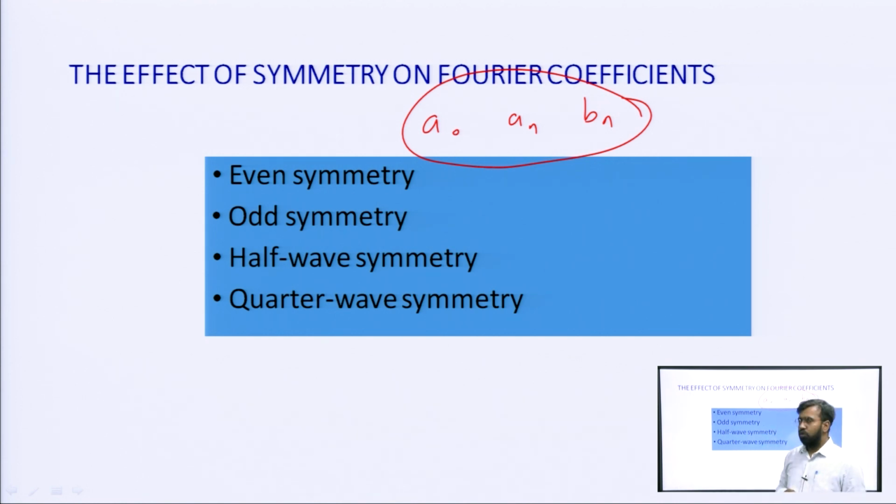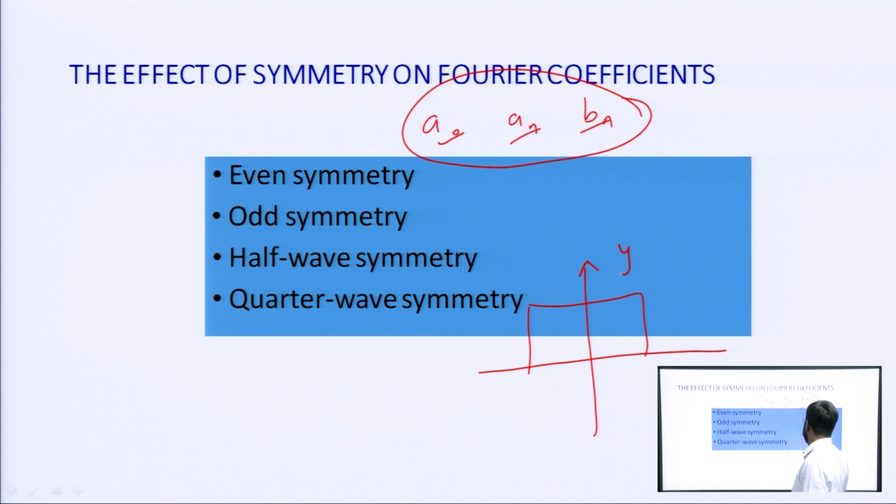So, we have some tools, or shortcuts, or observations, that if we are able to find them in that function, we can easily determine the values of these coefficients. Okay. So, what are those properties? Basically symmetricity. In this function you will find 4 different types of symmetricity. We already know even and odd symmetry, because in signals we have seen odd and even symmetry. What is even symmetry? Any signal or function which is symmetric around the y axis is called even symmetric.